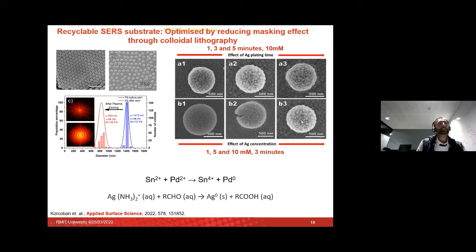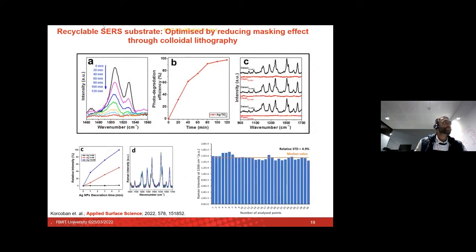And the reason we're doing this is to find a balance between SERS response and photocatalytic activity. So once we find our optimum condition where the SERS and the photocatalytic activity balance each other, we did photocatalysis of the rhodamine B on the surface, and we showed that we could reuse the sensor over and over again